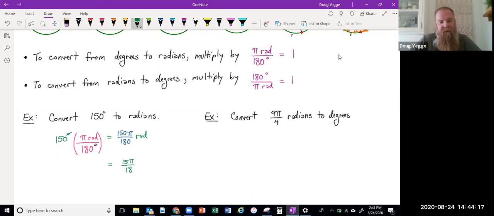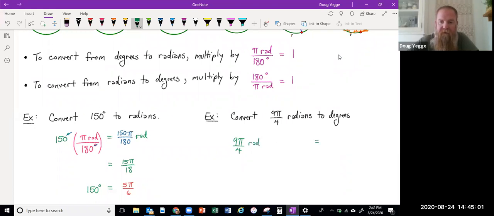But I'm still not finished until I simplify that even further and recognize that 150 degrees, if I cancel out a common factor of 3 from both, gives me the radian measure of 5 pi over 6. So we're able to leave it as is. 5 pi over 6 is the radian measurement. Now we could convert it into a decimal, but it's not necessary to convert into a decimal simply because of the fact that putting it in terms of pi is going to be more beneficial to us in the end. So let's go ahead and do that same idea here and turn 9 pi over 4 radians